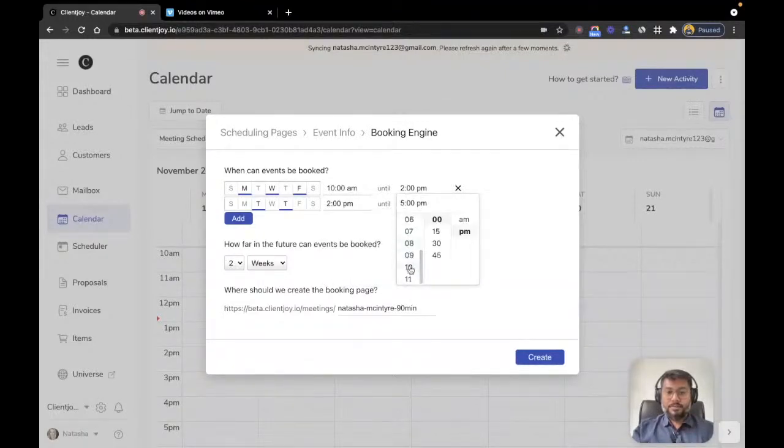to 10 p.m., right? And so that gives me a good 12-hour window which can cover most of the time zones. I also want people to be able to book meetings 6 months in advance, and so they can book as much as they want. And this is the URL slug that I can change. So I just change this to 1.5